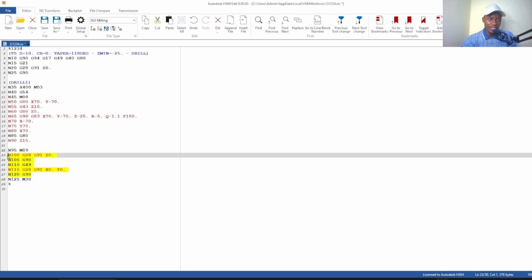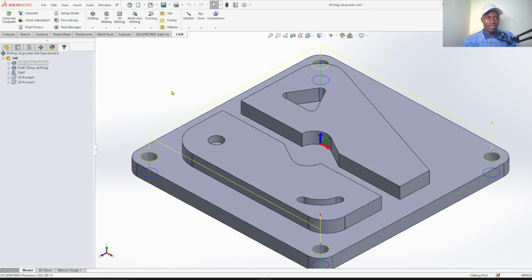You can just turn off the coolant M09 and turn off the spindle. But we'll leave it the way it is. Just proceed to save, which is here. Save. Your program will be saved. Go to the next one.